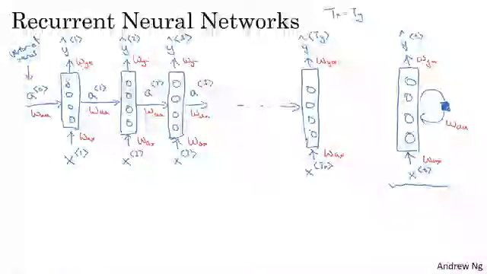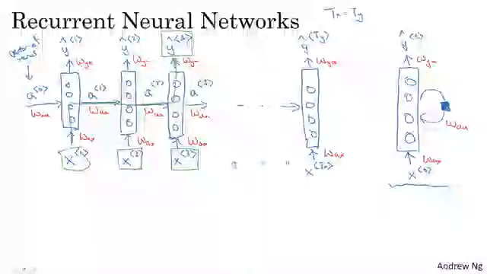So in this recurrent neural network, what this means is that when making the prediction for y3, it gets the information not only from x3, but also the information from x1 and x2, because the information from x1 can pass through this way to help the prediction with y3. Now, one weakness of this RNN is that it only uses the information that is earlier in the sequence to make a prediction. In particular, when predicting y3, it doesn't use information about the words x4, x5, x6, and so on. And so this is a problem because